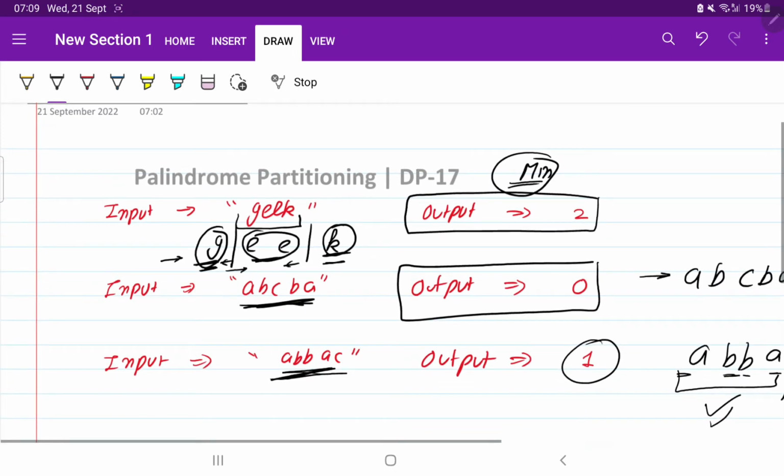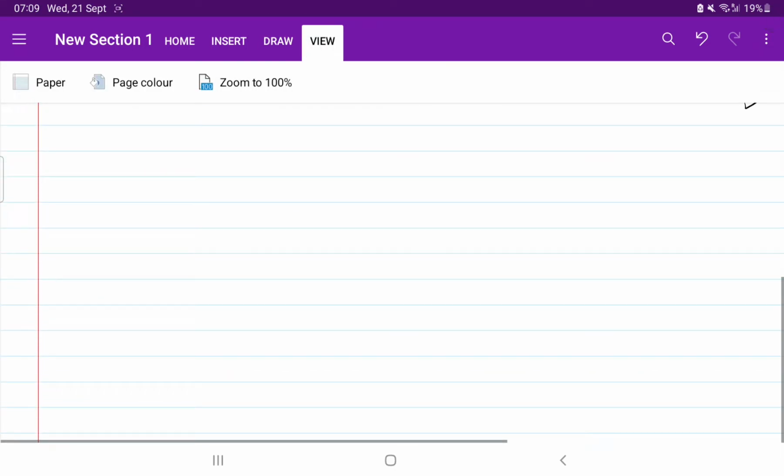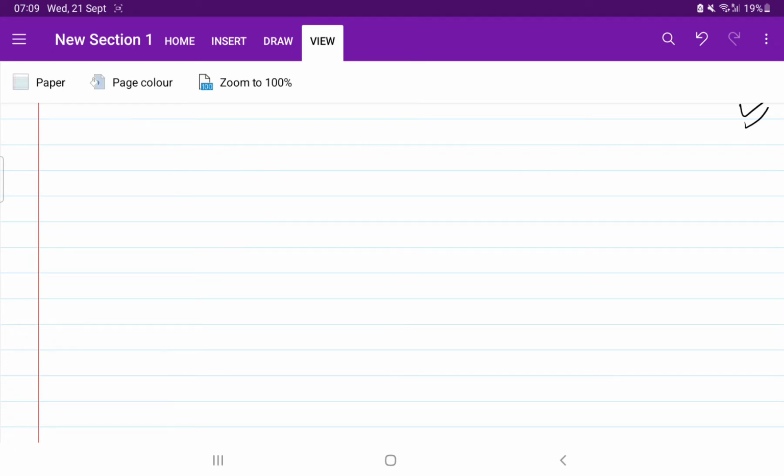So I hope the question is clear to you. What is the question? Input will be given and you need to check how many partitions you can do. First of all, I told you, if you get the feeling that we have to do partitions, at that time we can use the concept of matrix chain multiplication, because there also we were doing partitions and checking.